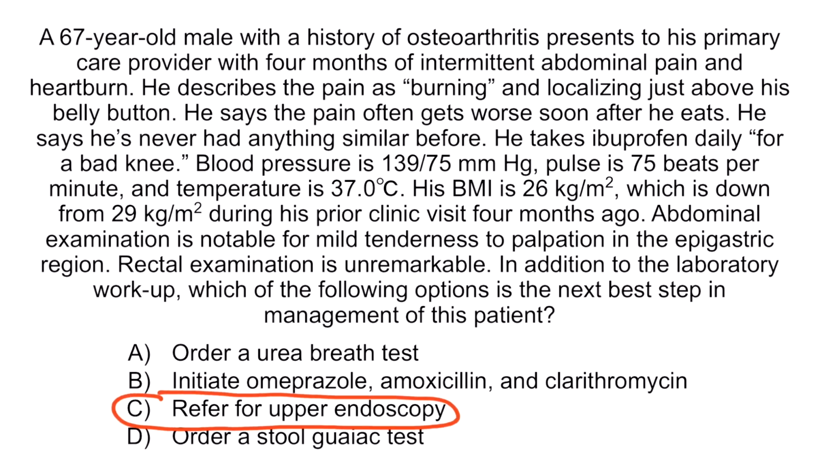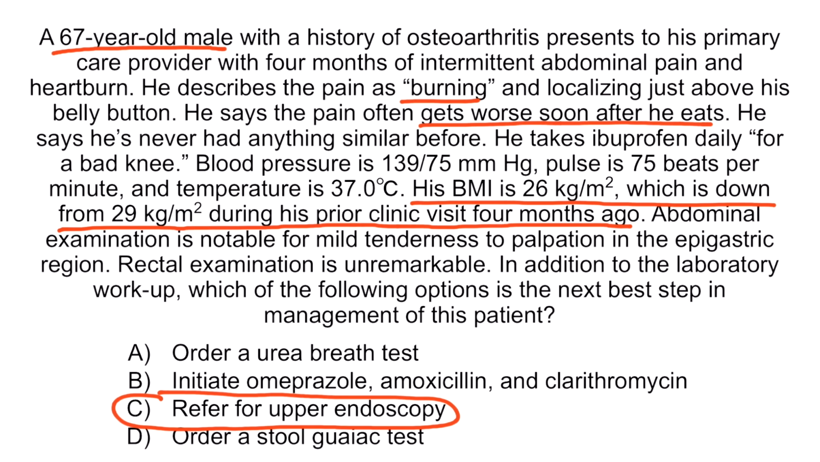Refer for upper endoscopy. This is a case of a patient presenting with burning epigastric pain that worsens after eating, which is suggestive of peptic ulcer disease. However, this 67-year-old patient also lost a significant amount of weight since his prior visit, as his BMI has decreased from 29 to 26. His old age and unintentional weight loss are concerning for underlying malignancy, which would be best